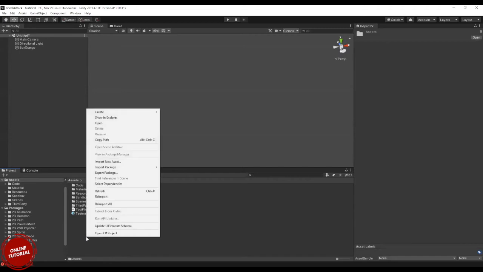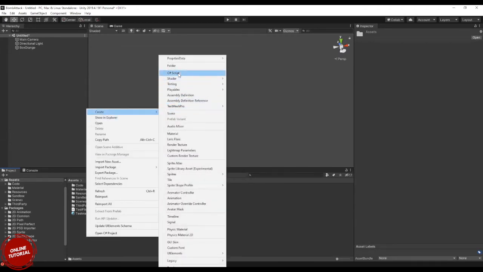Like when you right-click in your project window and go to Create, these are all the basic stuff you can create using the already defined libraries. You can create a script, a material, a sprite, a tile, animator, avatar mask, timeline, physics properties, terrain layer and everything.